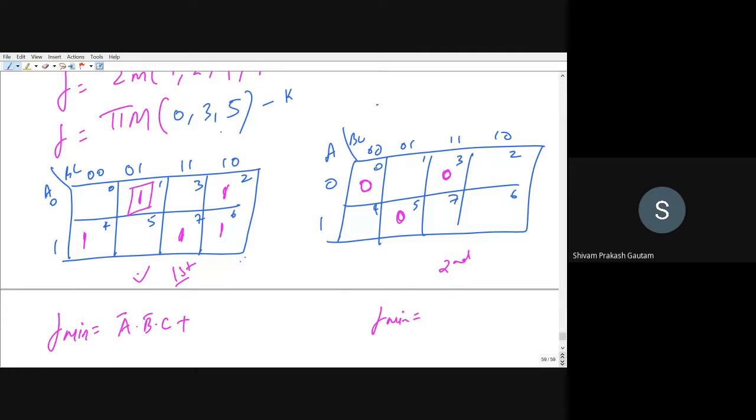Now tell me, in the second K-map, are there any isolated cells? All of them are isolated. All of the cells are isolated. That is very correct. Just check by yourself. Okay. So one by one we will write the expression for all of them.